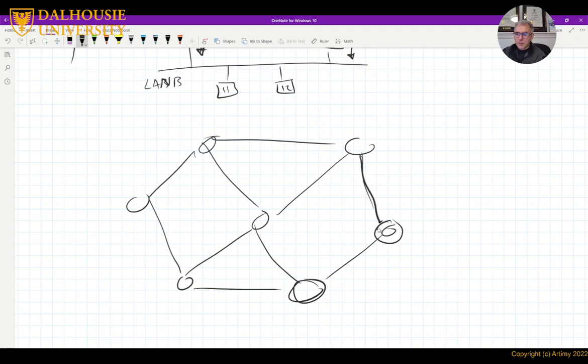So from the reliability point of view, this is a great network because it has multiple paths. But if I don't solve the loop problem, then any packet coming from one segment will be replicated in all of these segments and it will loop forever and it will destroy the network. So I need a solution. And the solution is by creating something called spanning tree.